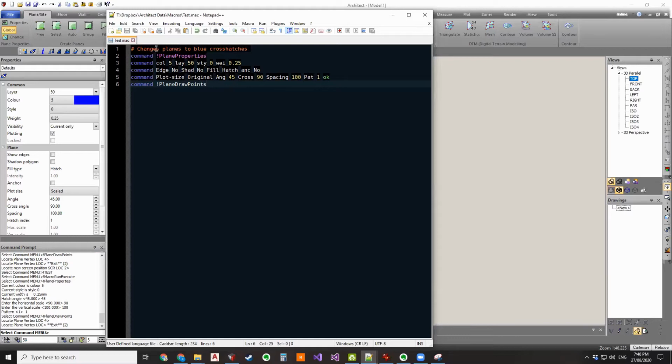Doesn't matter, whatever is going to make sense when you come back to the macro in a year's time, or you've given it to somebody else for them to use, whatever's going to make sense then, that's what you need to write at the start of the macro so that you know what macro you're writing. I've just saved that as a test mac, but